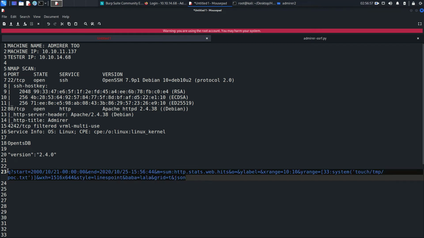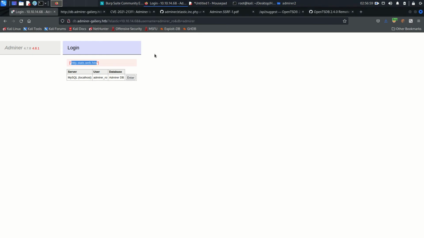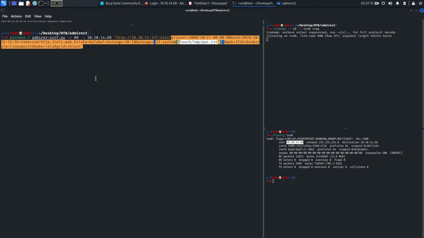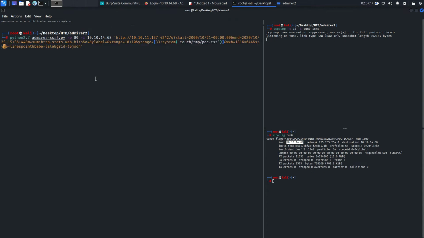Now copy this again and come here, close, and instead of this, paste that. Paste that, fine. And again, instead of this, let's say double quotes and ping